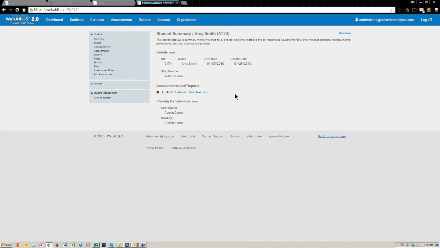The best and easiest way to do that is from the student summary screen, and you would simply come in here and click any one of these hyperlinks to go to the edit screen that you prefer, the grid, text, or CAT. To review or to revise your assessment details, and remember the assessment details, that's where we entered the color.